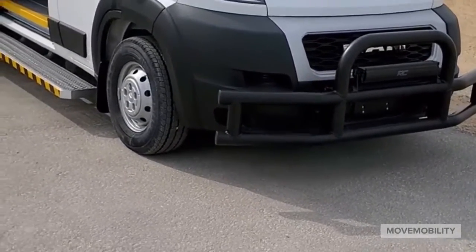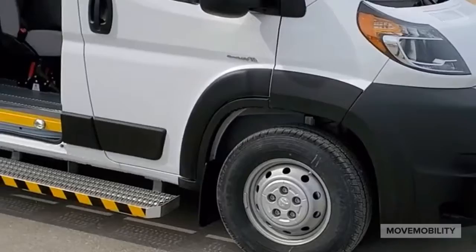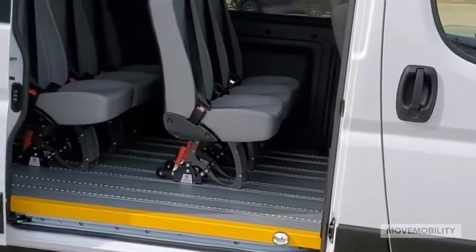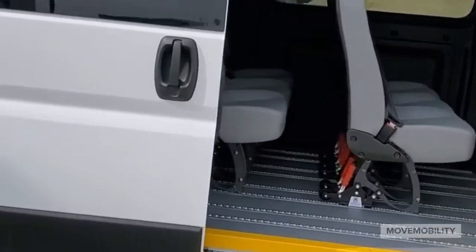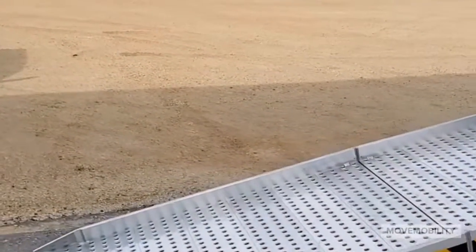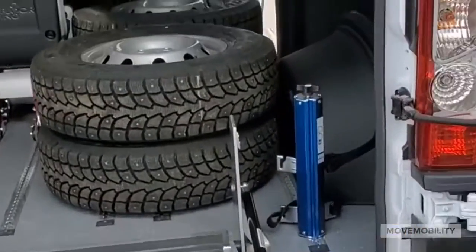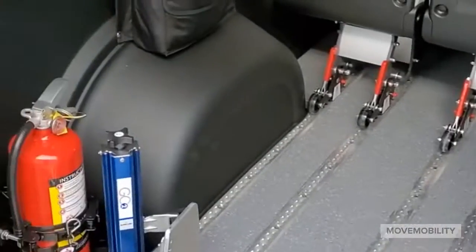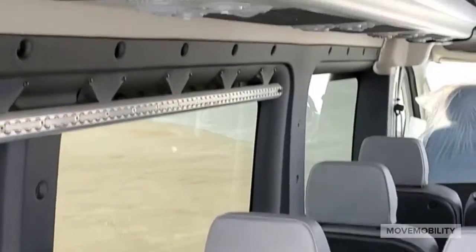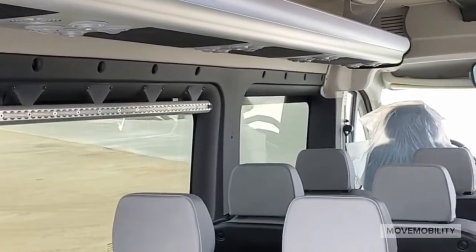This is a new Ram Promaster 2500, a 2019, and it's fitted with 8 seats plus the passenger and driver, and we have a wheelchair ramp in the back, ideal for loading larger heavy wheelchairs. In the back here we have winter tire set and oxygen holders, 2 of them, the first aid kit, the wheelchair restraint system, and we also have an overhead luggage rack which has been customized to hold handbags